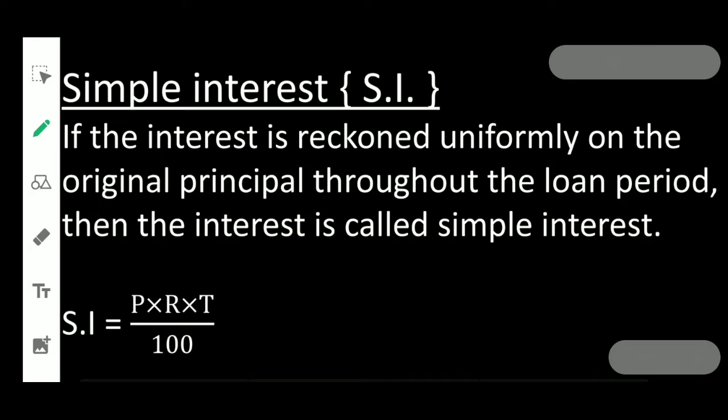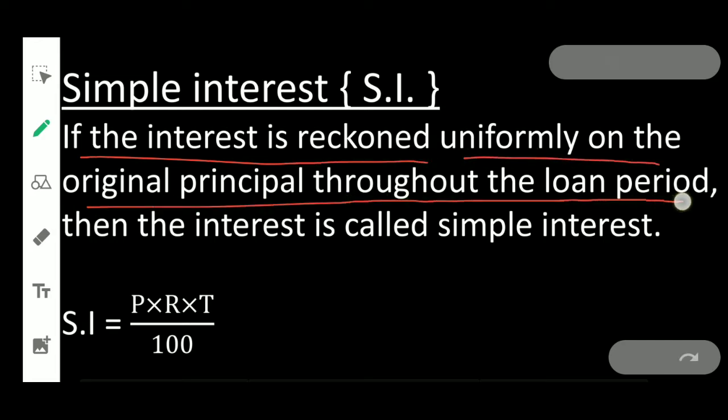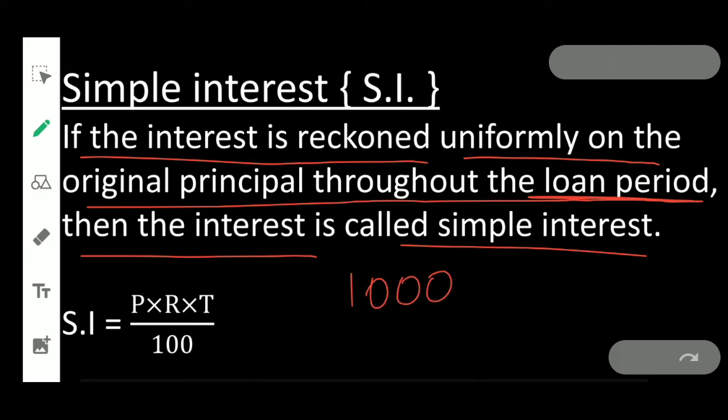Next, simple interest. If the interest is renewed uniformly on the original principal throughout the loan period, or throughout the entire time, then the interest is called simple interest. So simple interest means, let's say, 1000 rupees you have borrowed, that is principal,